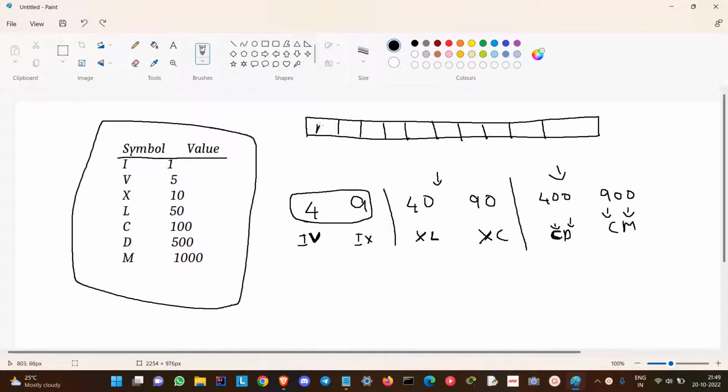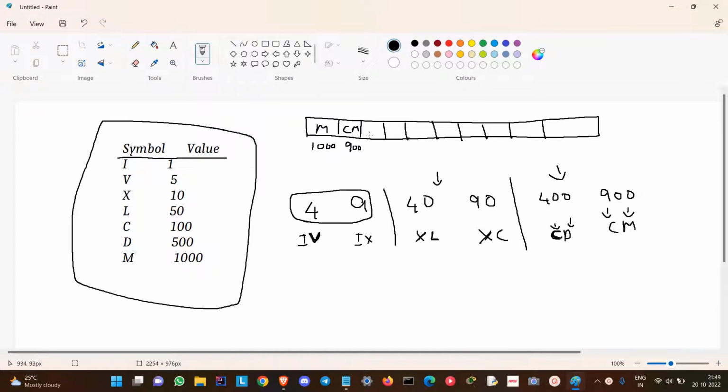So it will be M, then followed by CM. Correspondingly we'll add the values of the symbols. That is, for M it will be 1000, for CM it is 900,